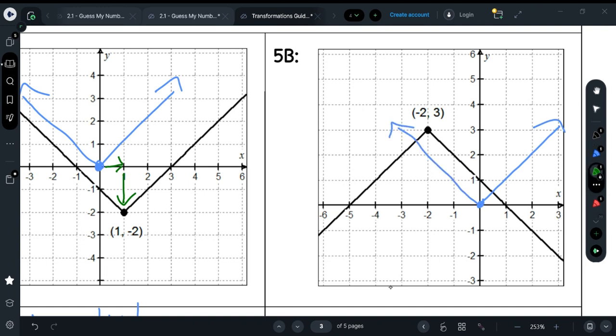Okay, but this one has been translated 2 units to the left and then 3 units up. Okay, but that's not all. If it was only 2 to the left and 3 up, then we'd have a V right here opening up. But we actually have a V opening down. So the fact that it's flipped upside down,